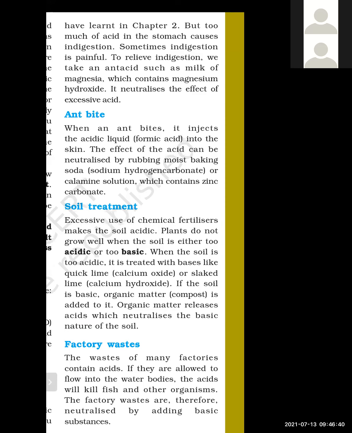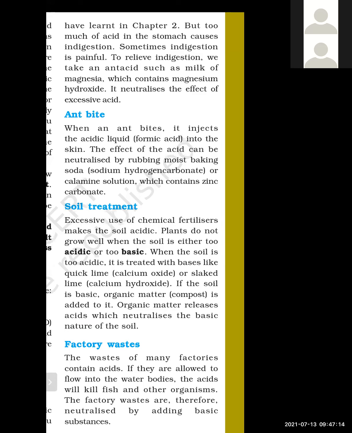Inside the eno pouch there is a powder. We mix that powder with water and we drink that water. Basically, eno powder also has some basic substance, and after some time we feel some relief. The same process will take place. That eno powder is basic in nature, hydrochloric acid is acidic in nature. Eno powder reacts with the hydrochloric acid and neutralizes the excessive acid, and after some time we feel relief. So this is the case of indigestion where we apply this neutralization.